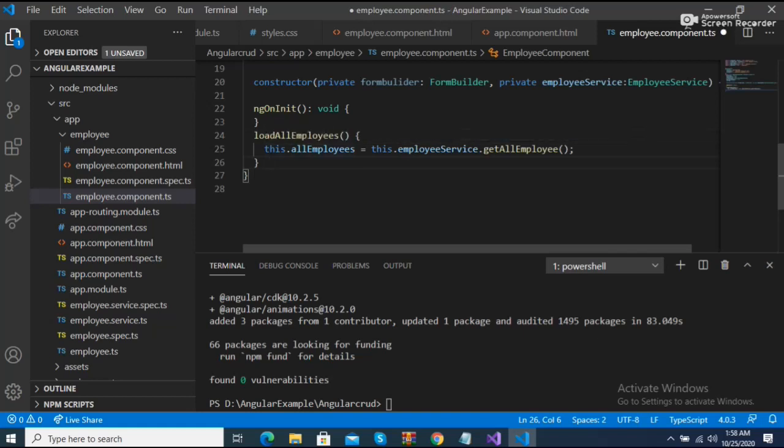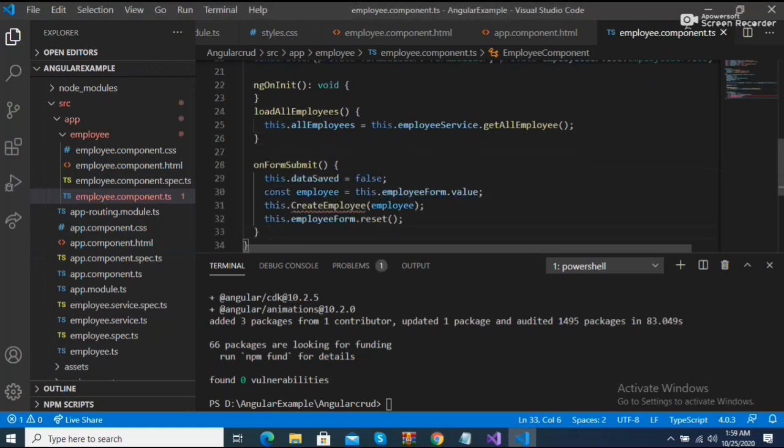Okay, now what happens if the user wants to submit the form? So the onFormSubmit condition should be applied like this. We have a createEmployee method, but I have already defined the createEmployee method at the bottom of the page. So this is the load employee.